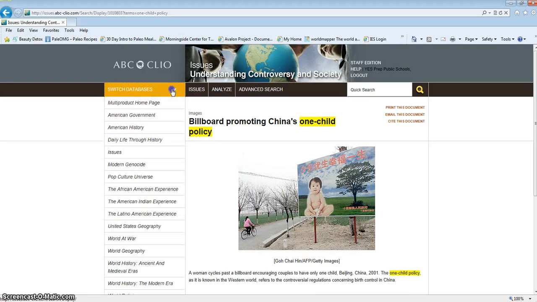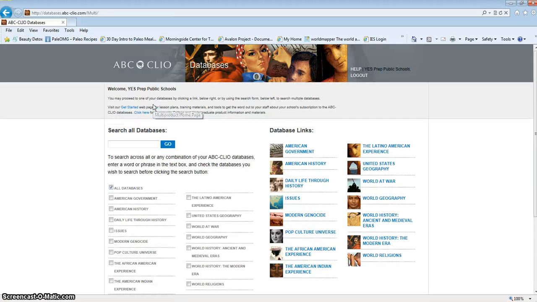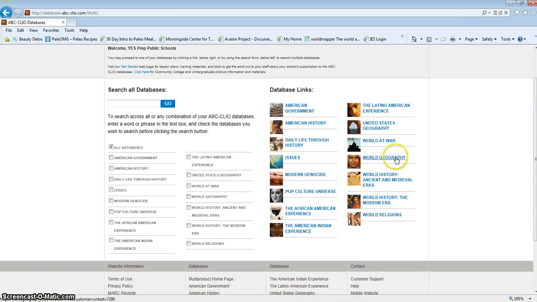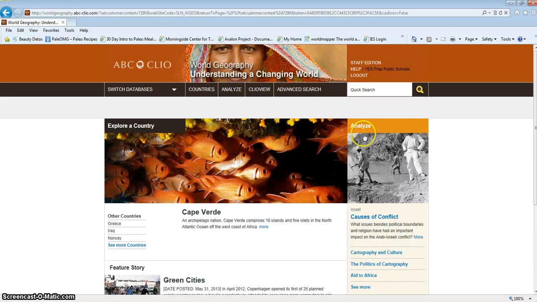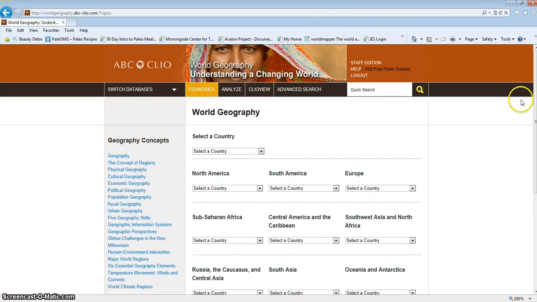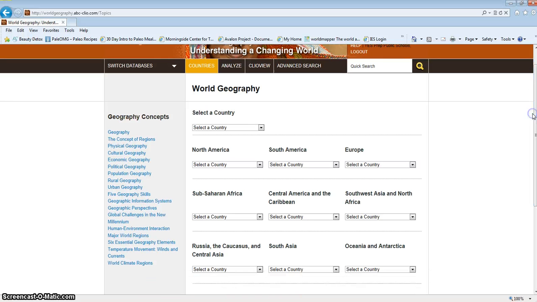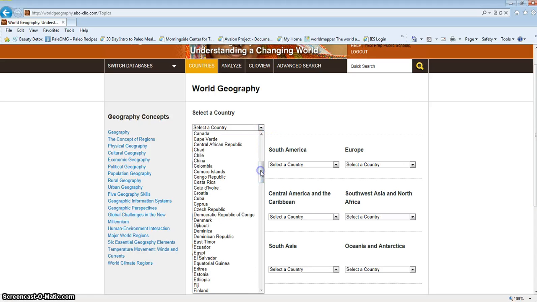Okay. One other thing that I'm going to show you, so if I go back to that multi-product homepage that has all of the information, is really quickly, since we're on here, I'm going to go ahead and show you the World Geography database itself. There is information that you will definitely be able to use for your research papers from specifically just the World Geography database. But one other good thing that you can do as well is you can go and look at specific countries. So where I was just searching the one-child policy, I know that is in China. I can specifically go to